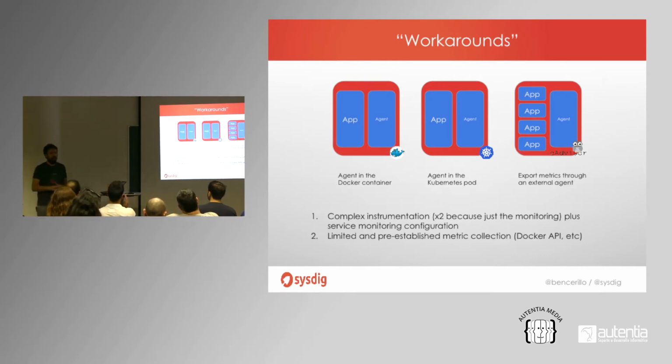Some people thought, okay, we can fix some of these issues. In Kubernetes, there is this concept of pods, where 2 containers share some things in common, for example, network namespaces and a bunch of other things. So what if we put, for each of my application or microservice containers, an agent or an exporter, something like that?